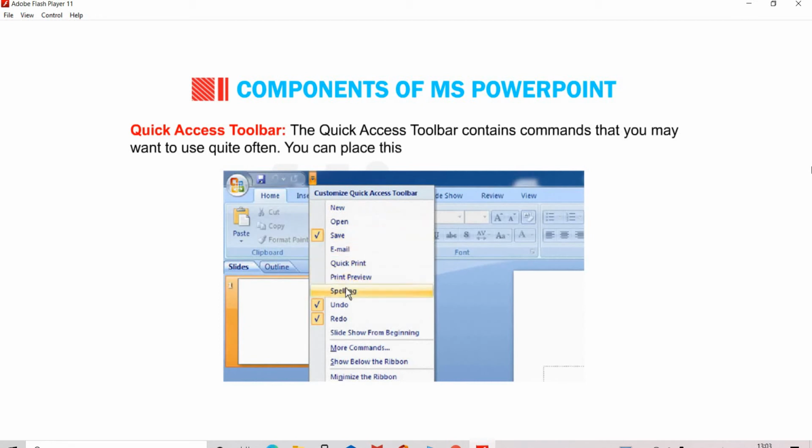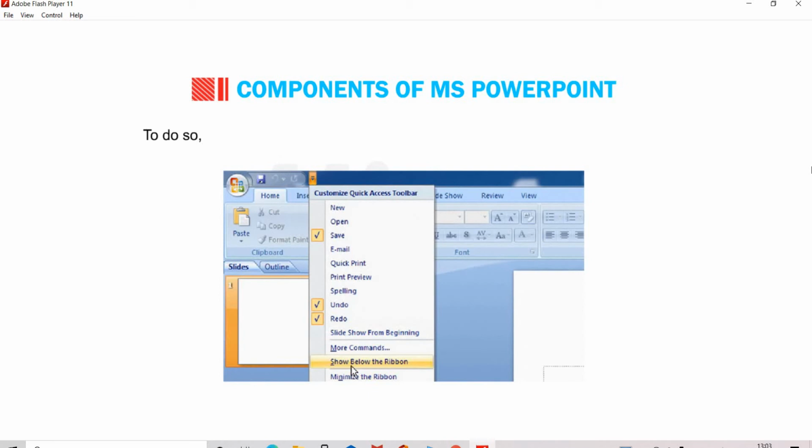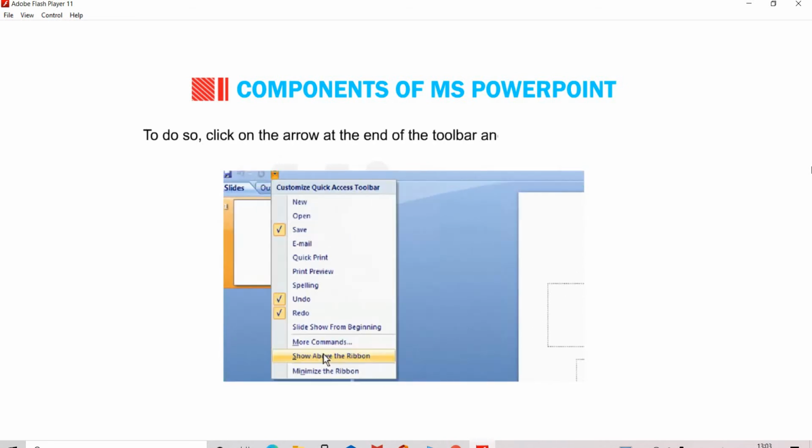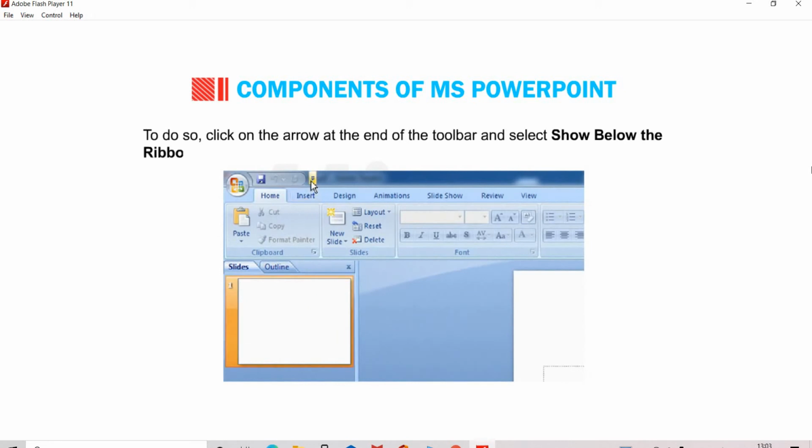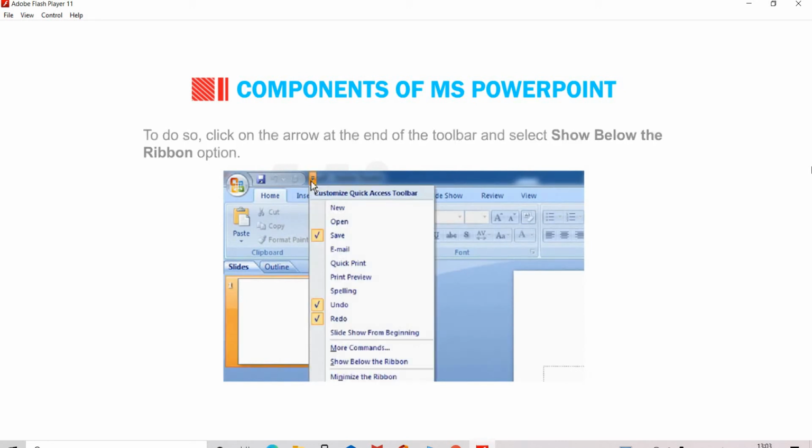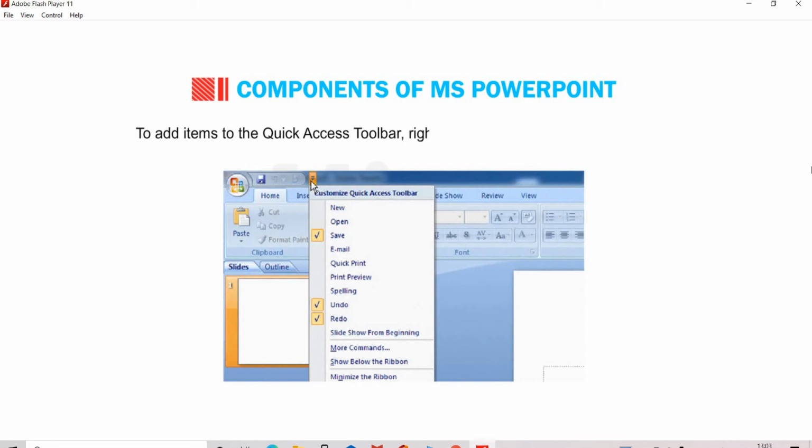You can place this toolbar above or below the ribbon. To do so, click on the arrow at the end of the toolbar and select the Show Below the Ribbon option.